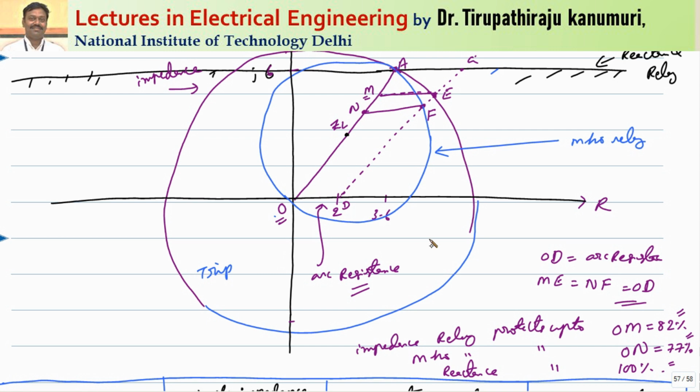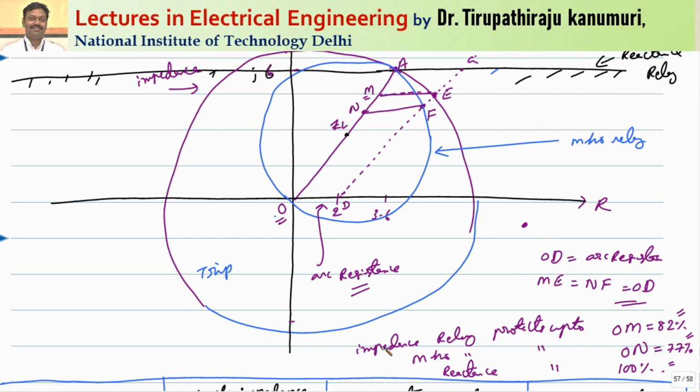But the problem is, under normal operating conditions, the normal operating point will be somewhere here. This point comes under the reactance relay characteristic I have discussed before, and even the power swings come under the reactance relay characteristics. So it is more prone to error because of that. That's why the reactance relay cannot be used directly. Wherever the power swing chances are less, and if you can add one more directional element along with the reactance relay, then the reactance relay can be used in cases where your arc resistance is more than your transmission line impedance. That is the case for short lines.